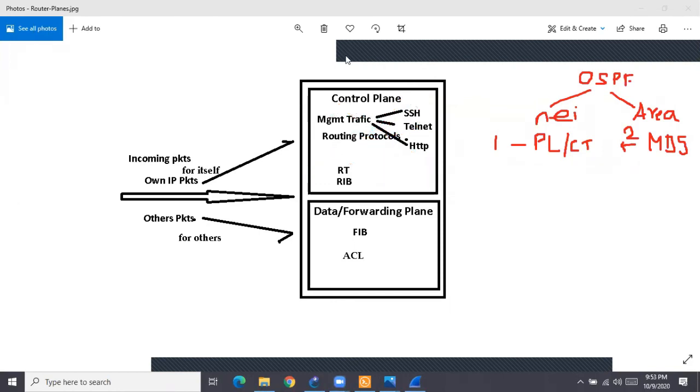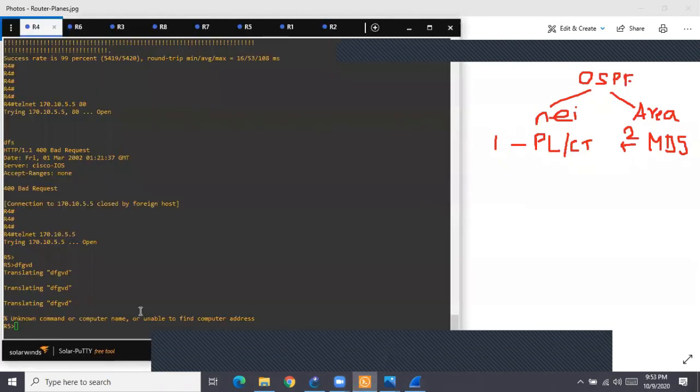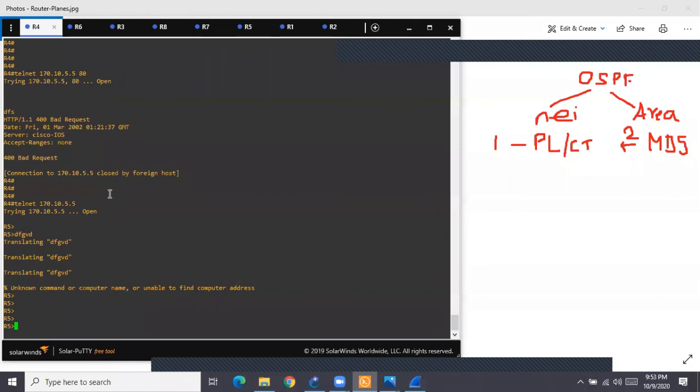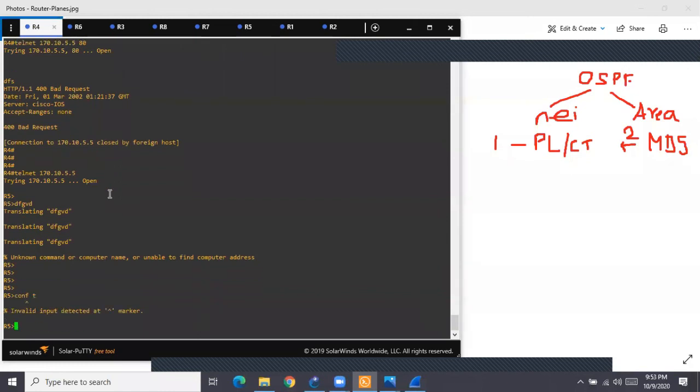Okay, let us see how to do this now. It's a scalable method. Okay, very quickly I'll show you. Let's see. So right now everybody is able to do telnet and HTTP to R4. Yes, and now see what I do. Whether you do the normal way with an access list or control plane policing, what you need to do? Oh, I think on a different router.